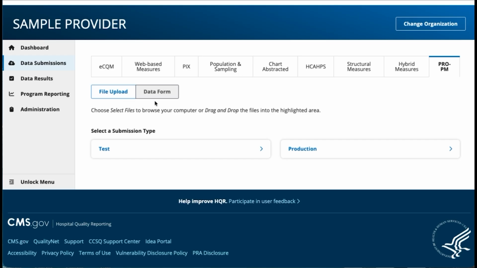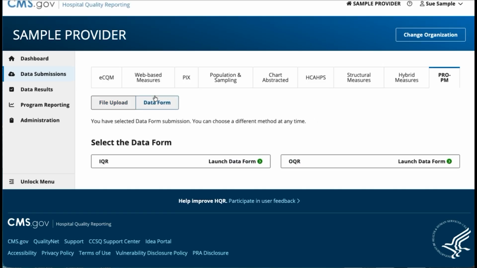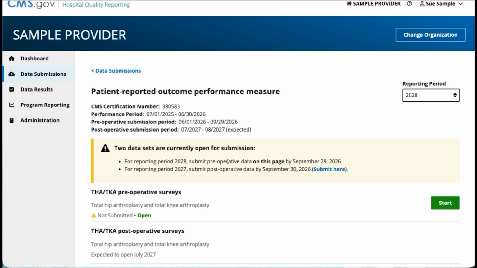Please note that only data submitted to production, not test, will be included in your submission. To enter data using the data form, select the Data Form tab on the top of the page. Find the program you wish to enter data for. Select Launch Data Form. Use the Year section in the drop-down menu to choose for which year you'll be entering